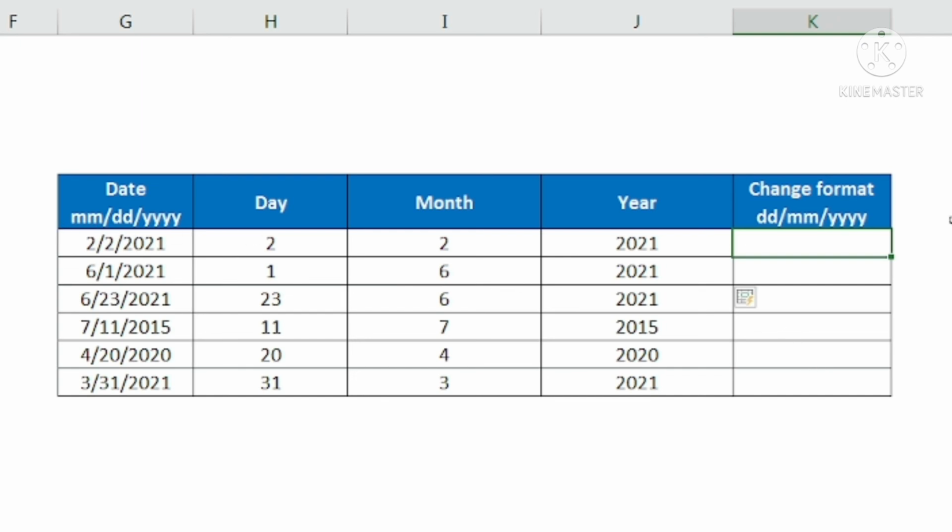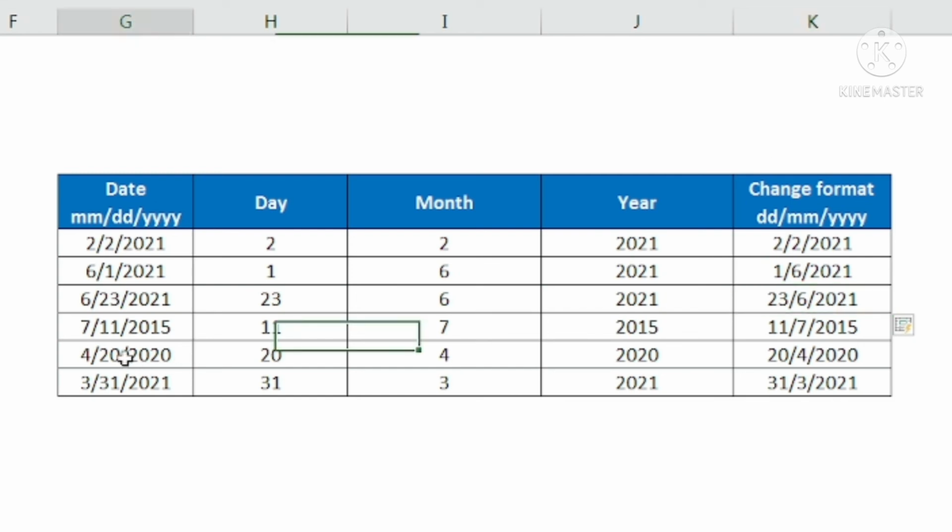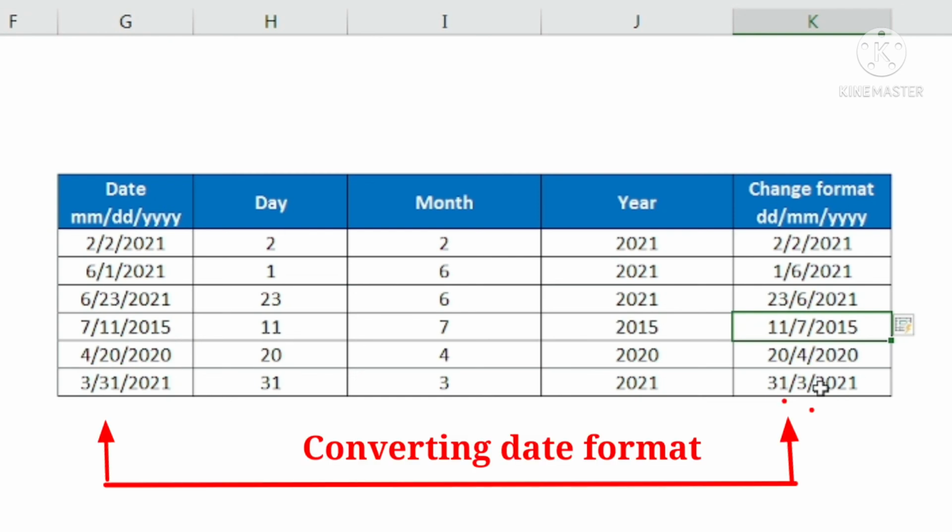So I will write here for the first date 2/2/2021. Because for the first date the date and month are the same, I will write for the second as well, that is 1/6/2021, and then apply Flash Fill, that is Control E. Can you see that now this format, which is MMDDYY, got converted into DDMMYYYY.